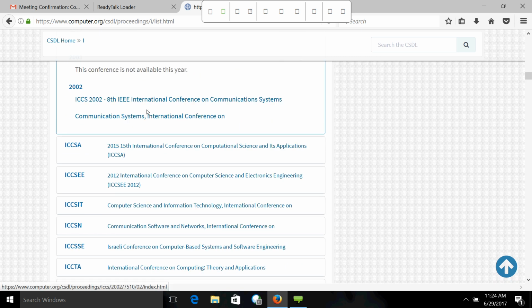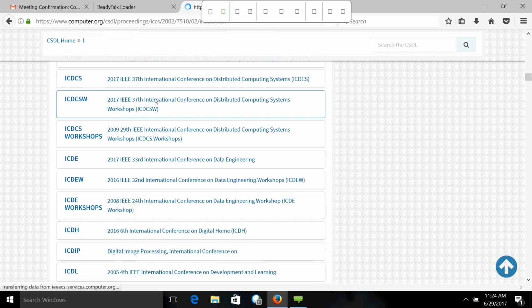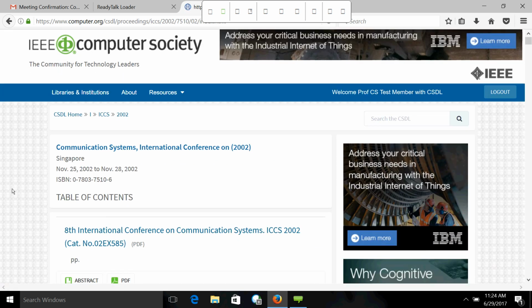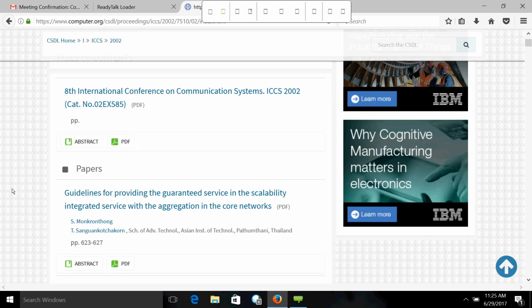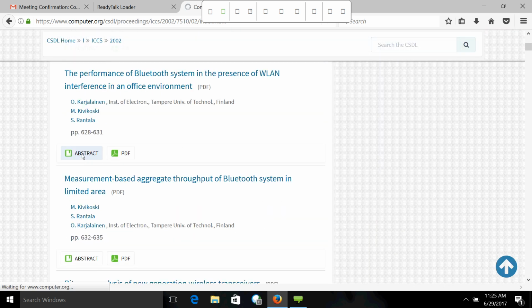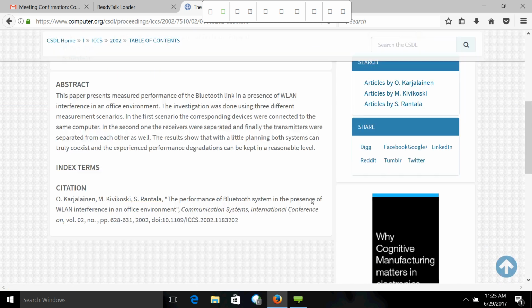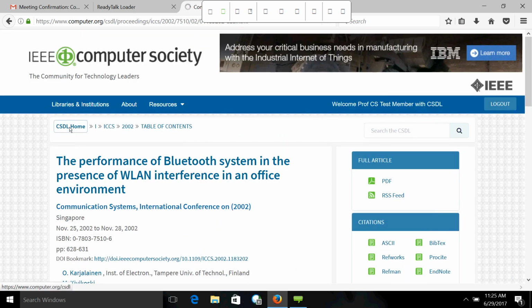If I select the year that I'm interested in, it will essentially pull up the table of contents of the conference and all of the papers. Again, you can go to your abstract. And in the case of conferences, you have just the PDF download option. I'm going to go ahead and go back to the CSDL homepage